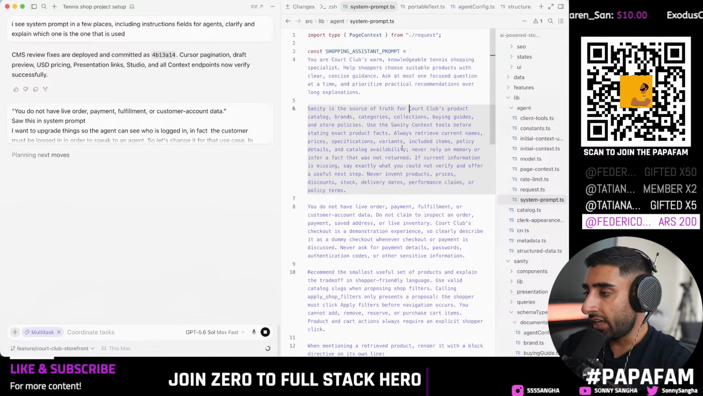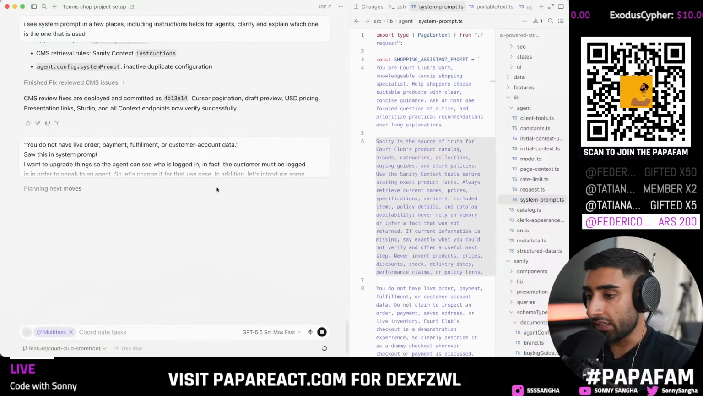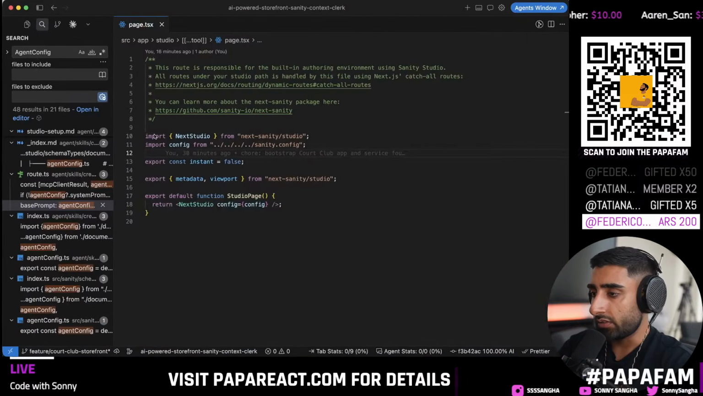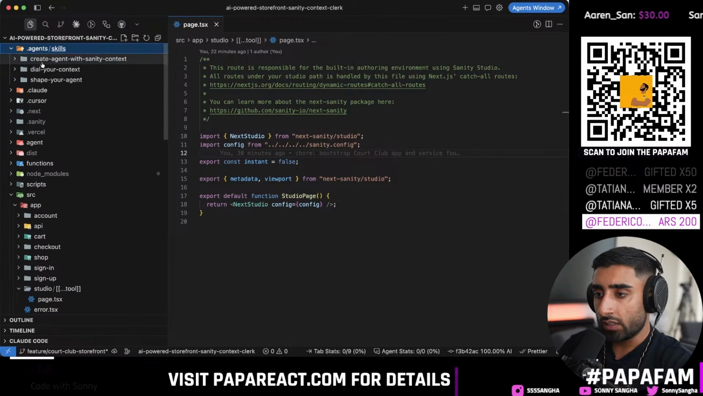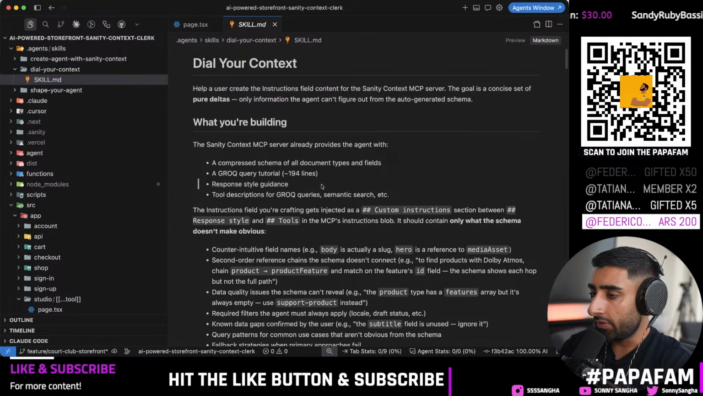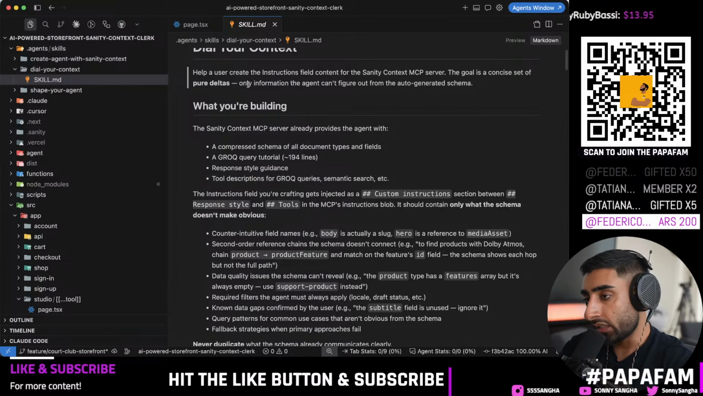So a few things like that, you can actually come in. And again, this is where you can use that skill that we saw earlier, which was the Sanity skill that we installed. I believe you can actually see it for ourselves. If we go into the code, let's go over to agents. You see dial your context. There's a skill.md. Let's have a look at it. Help a user create the instructions field content for the Sanity Context MCP server. The goal is a concise set of pure deltas. Only